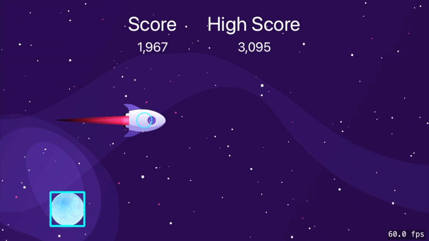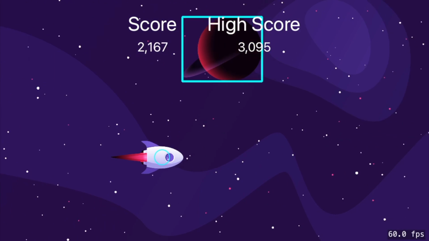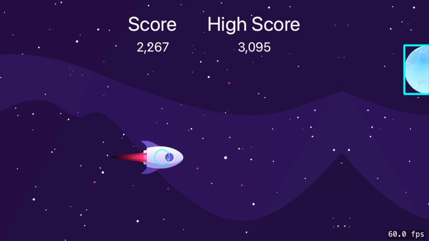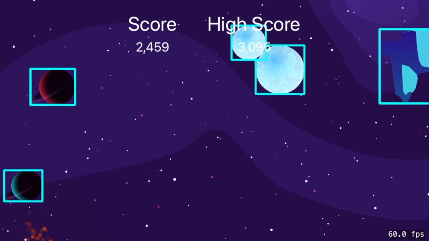The benefit of this approach is it's very fast to check whether one rectangle intersects with another rectangle. So this means that even when we have a lot of planets on screen, our frame rate stays up at 60 frames per second. The question is, how do we use this frame intersects approach for collision detection on a